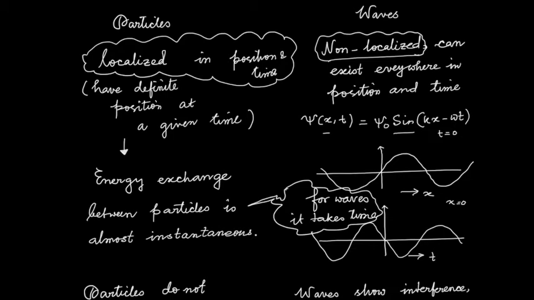The energy of the wave is also distributed over space and time. So if I am considering receiving the energy of the wave at a given fixed point in space, say at x equals 0, I will require enough amount of wave to reach that point